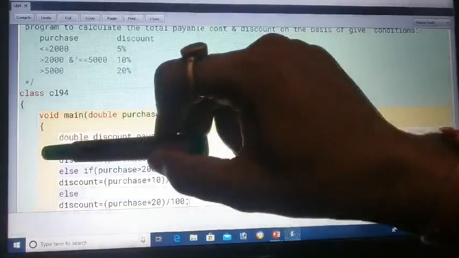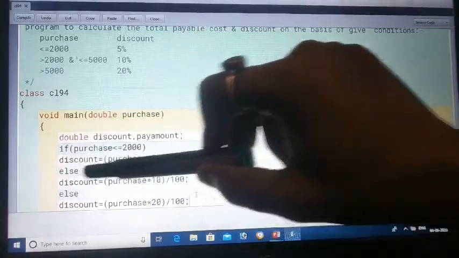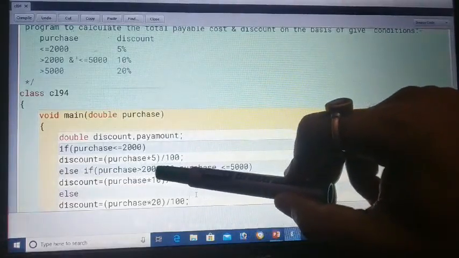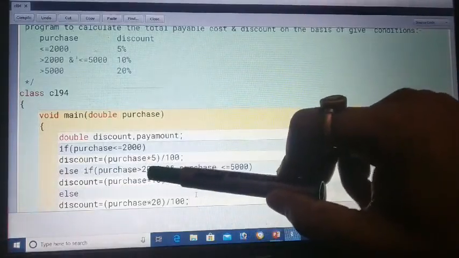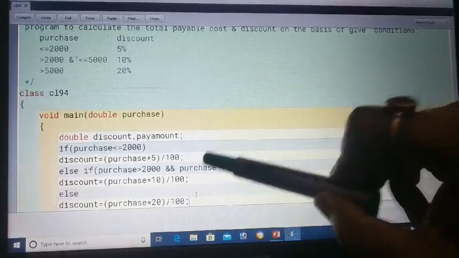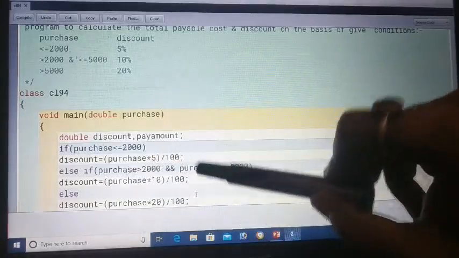No. So control will pass to else. Else is saying, is 4,000 greater than 2,000? Yes. It will be checked further. Is 4,000 less than or equal to 5,000? Yes. So both conditions are true.